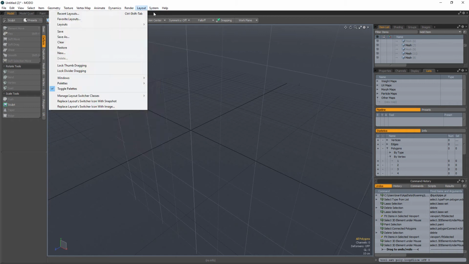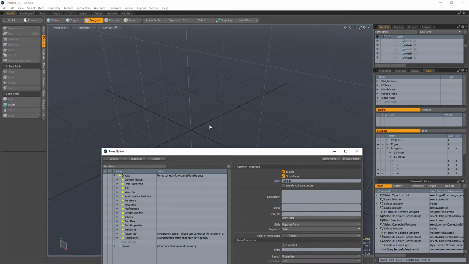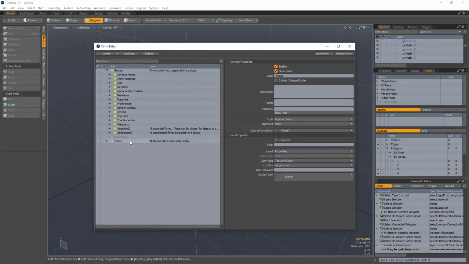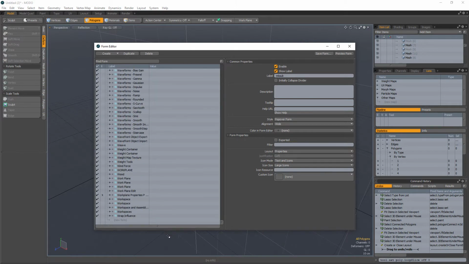Well, first of all, you're going to want to go into the system and into the form editor. Once you have this form editor, you're going to want to expand the forms. And then finally, at the very bottom, you can create a new form, or you can just create a new form from here. So let's just say I do a new pie template and